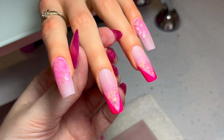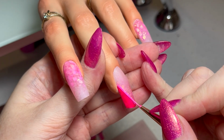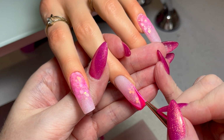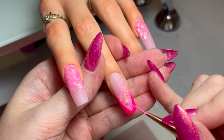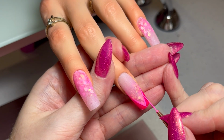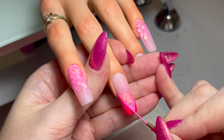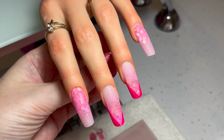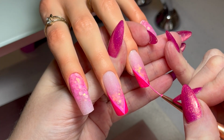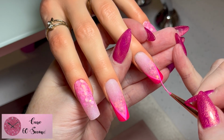So that was curing for 60 seconds, and now I'm going to come back and add a line, and that's why it didn't matter if my Millie lines weren't totally neat, because I could tidy them up and disguise them with this pink stripe. I'm literally just going for a striped line, nothing more. And I'm going to do that on both nails and then pop back in the lamp for a 60-second cure,